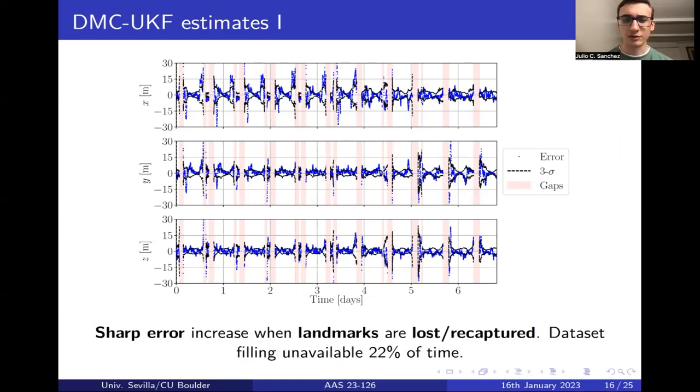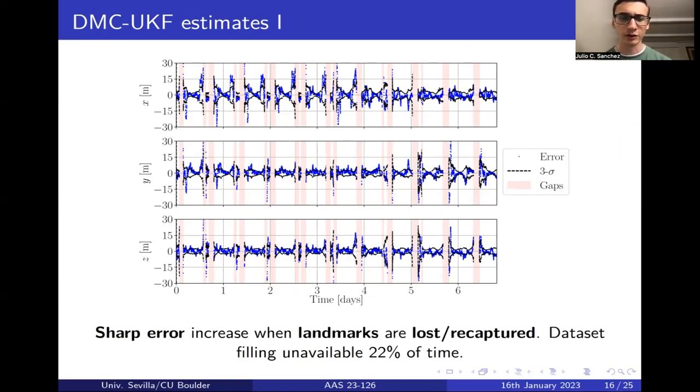Also, the dataset is made unavailable relative to the theoretical dataset, assuming that measurements happen each minute and you can use them, it is unavailable 22% of the time. We get measurement gaps, and we are not going to use the data for training. It's very uncertain, but still in the central periods we usually get position accuracy below 5 to 10 meters,